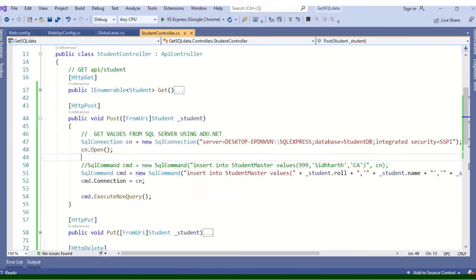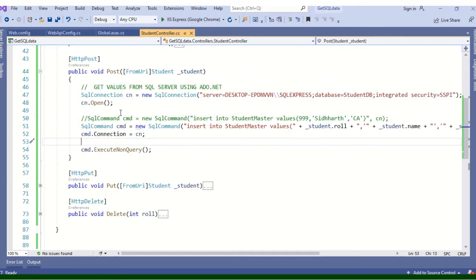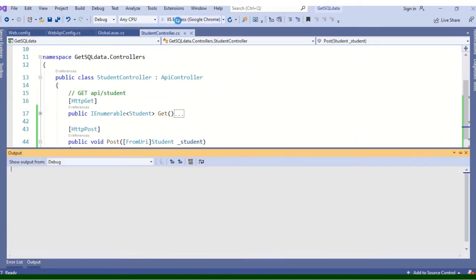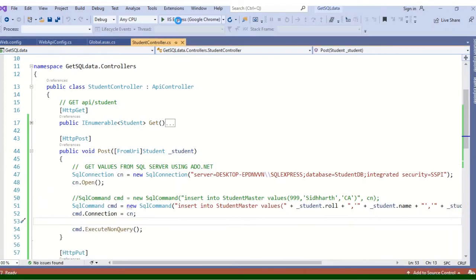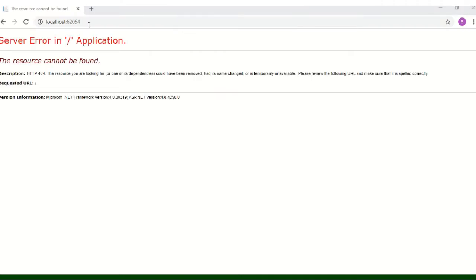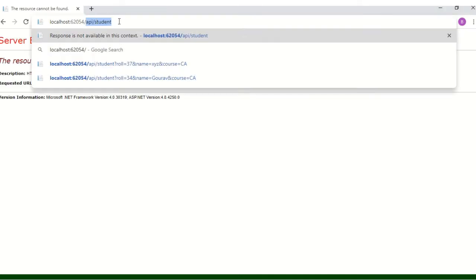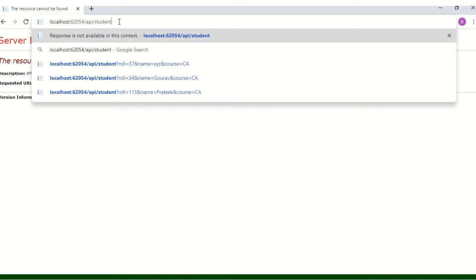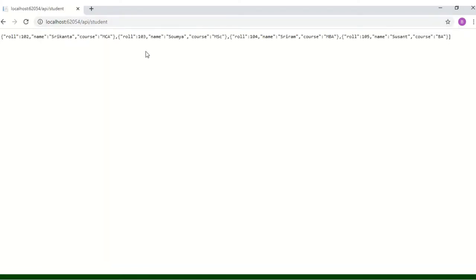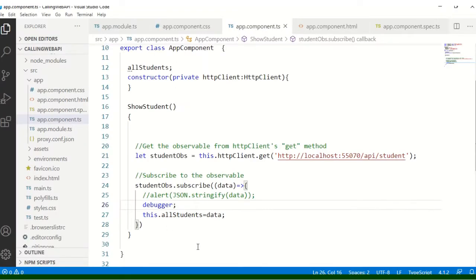So let's go to the application. If I run this application, everything will work: post, put, delete. So I am running the application. I am just typing this one. Whatever data was there is coming here. Four rows were there, data is coming. Now the question is, I have to post the data. So to post the data, what I have written here,